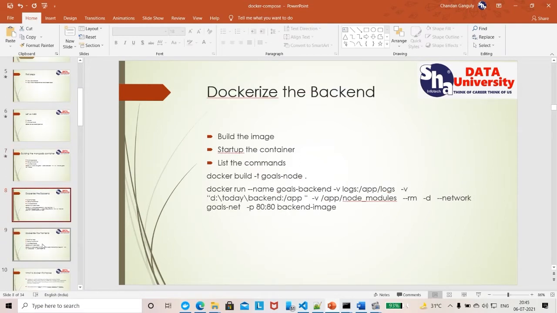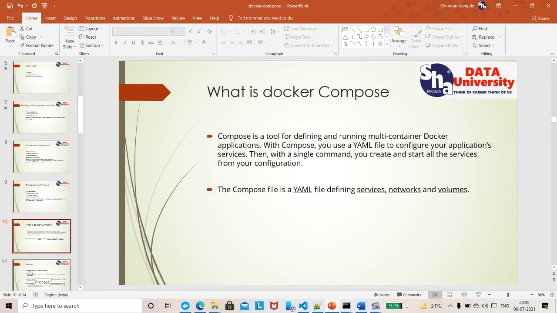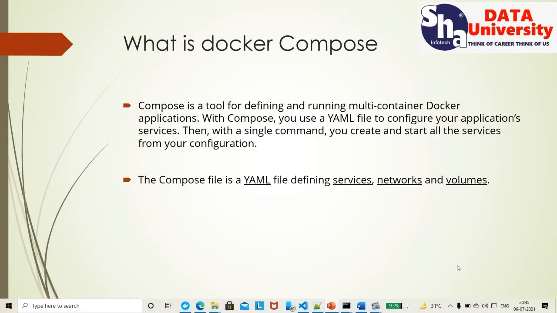So we have dockerized the backend, we have dockerized the front end. Now what is Docker Compose? Docker Compose is the tool to define and run a multi-container Docker application. So what we can do is provide a multi-container setup: the Dockerfiles, which are necessary, the environment